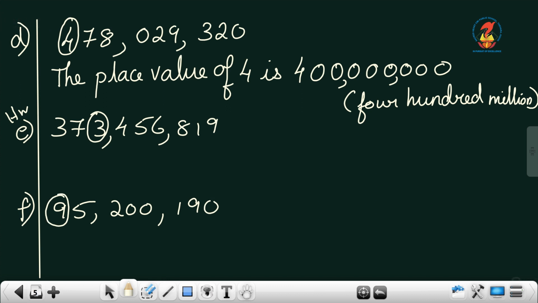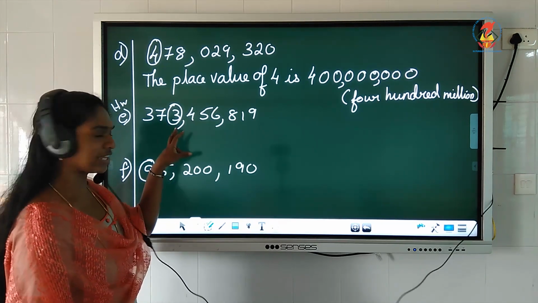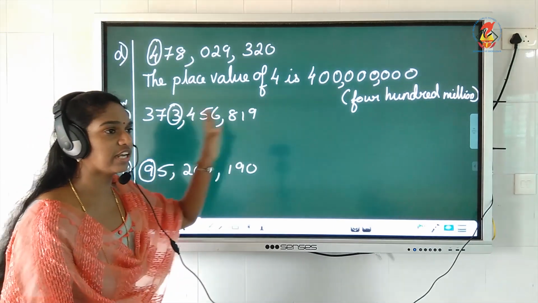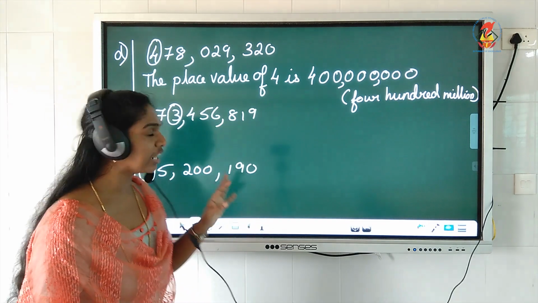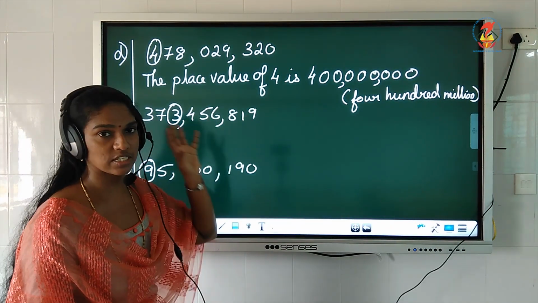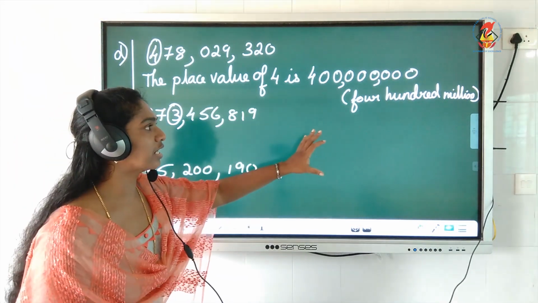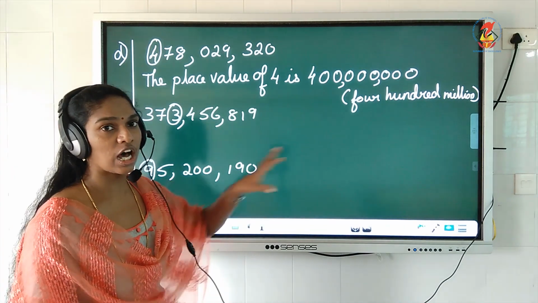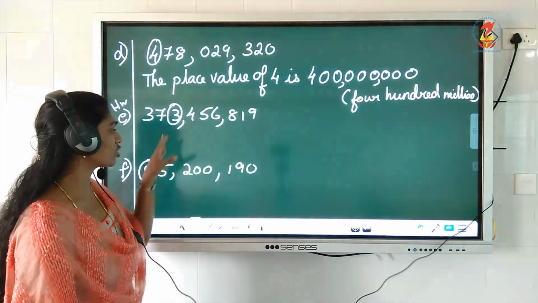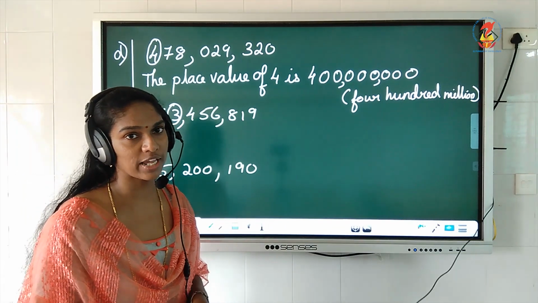So it is very easy to write the place value. You take that digit, write it first. After that digit, you see how many places are there and then put that many zeros. Okay. And then please write it in bracket how you read it. Okay. According to the place, you have to write it in bracket.